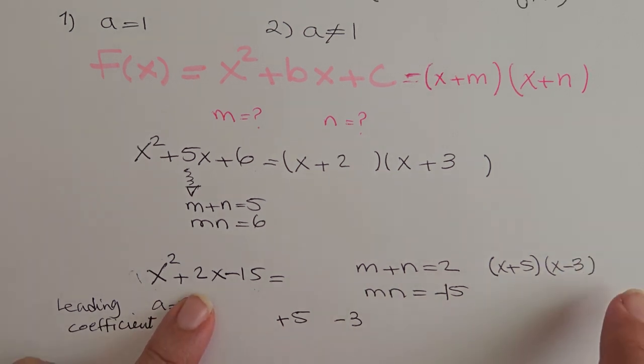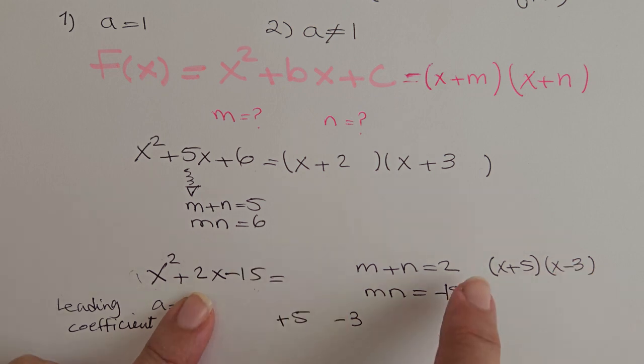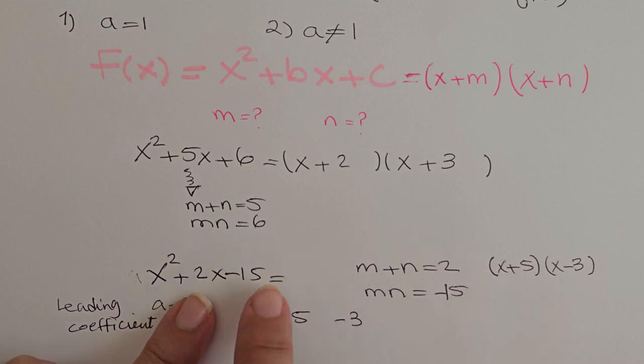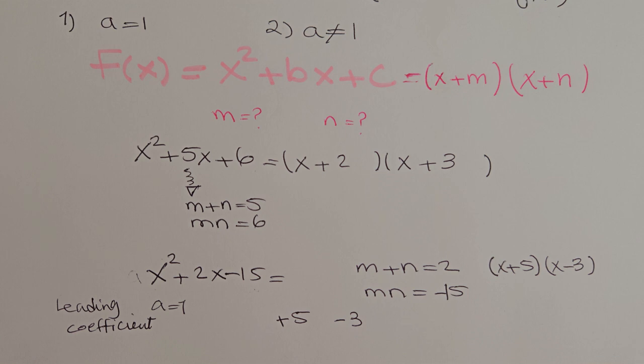This is perfectly equal to this one. That means if you multiply these two after simplification, you will exactly get this one. Okay, let's give it a try and see